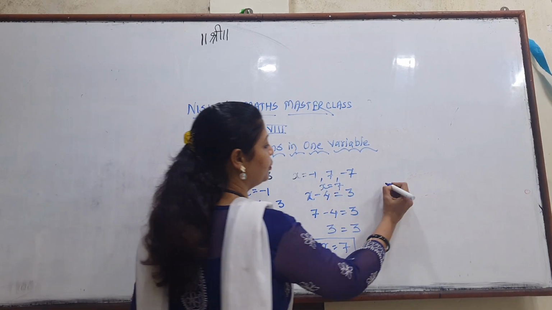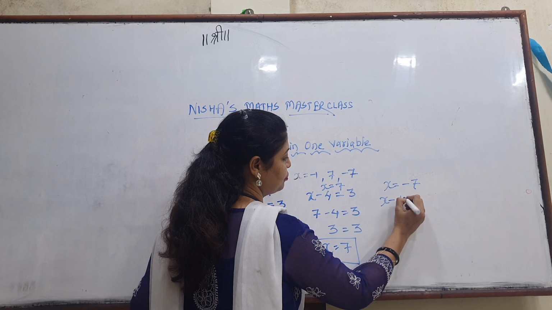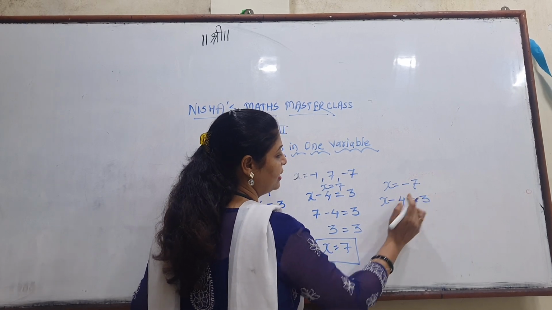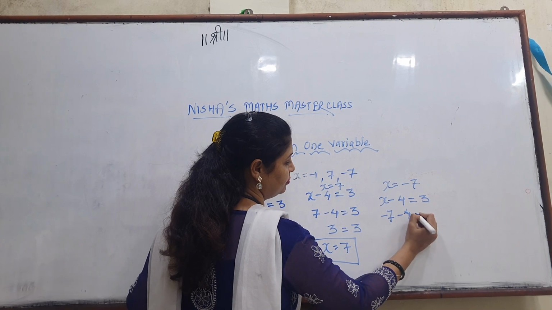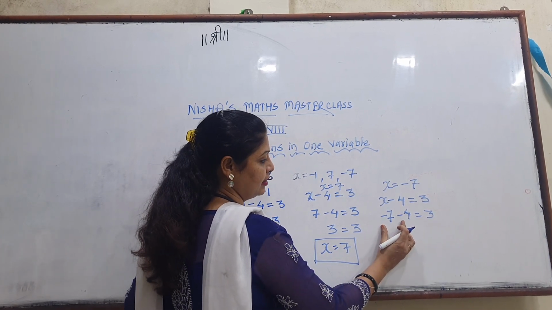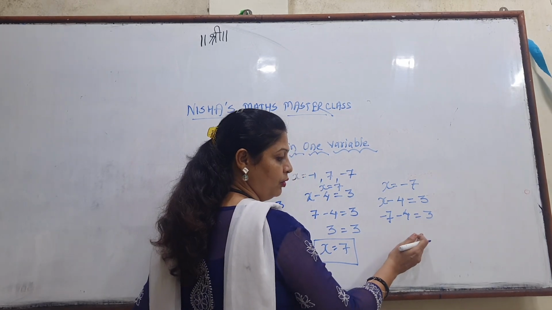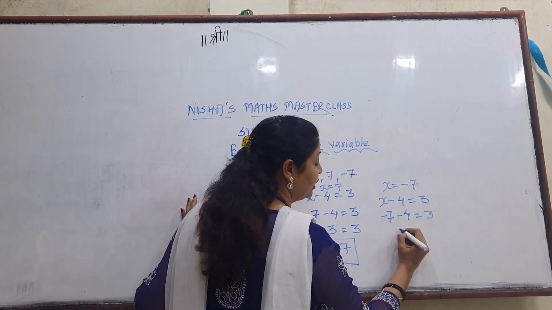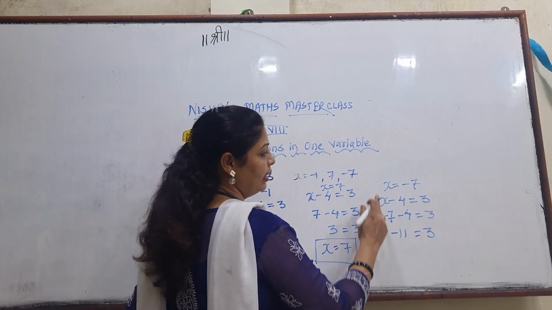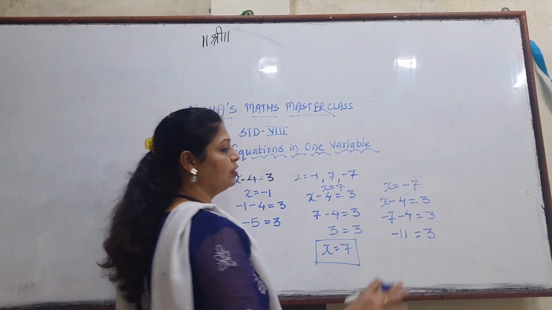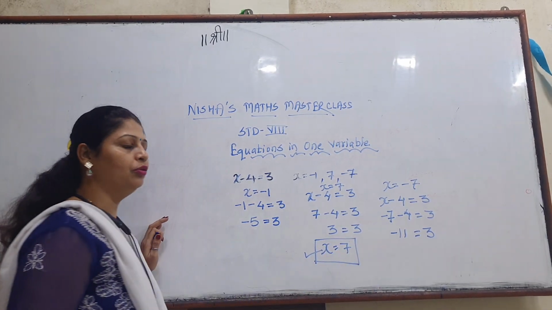Now the next value we have to use is x is equal to minus 7, okay? So x minus 4 is equal to 3. Now minus 7 we write down instead of x. Now the same sign is there, so addition. So 7 and 4, 12 is there, sorry, 11 is there, and the same sign we write down, so 3. So x is equal to minus 7 is not the value of this equation. So the value of this equation is x is equal to 7.